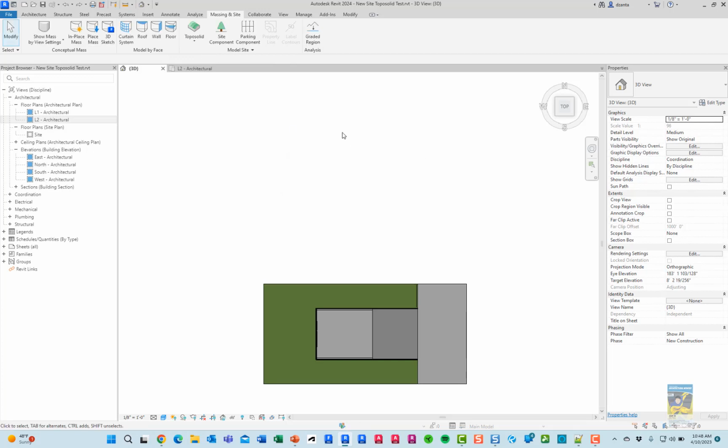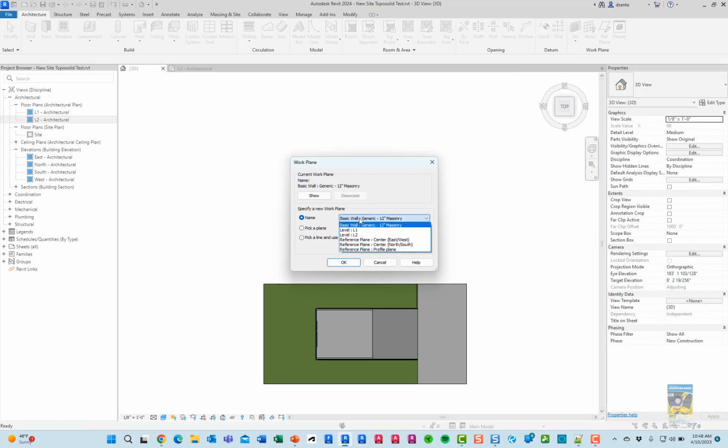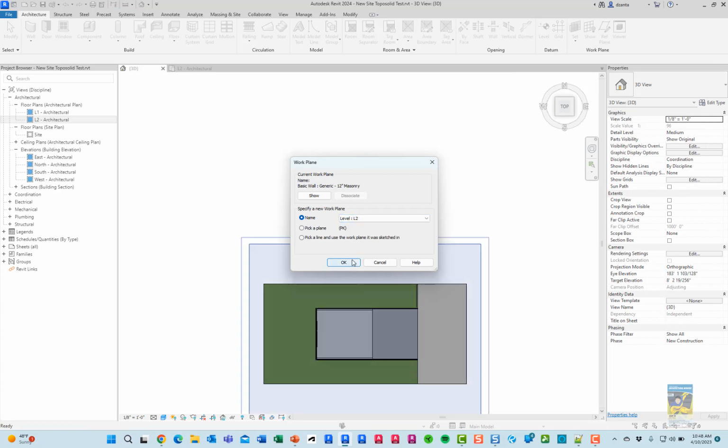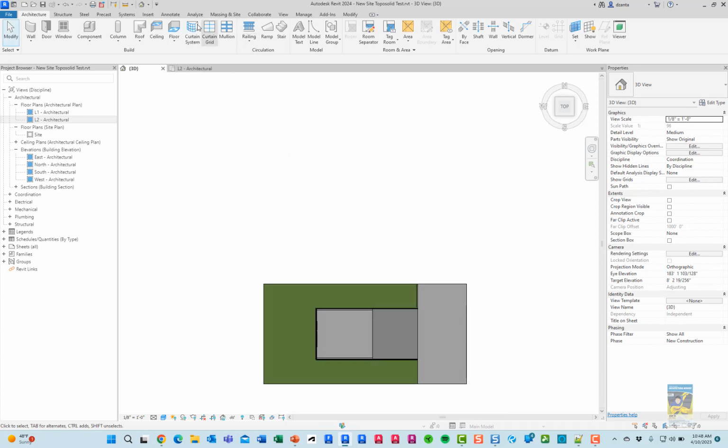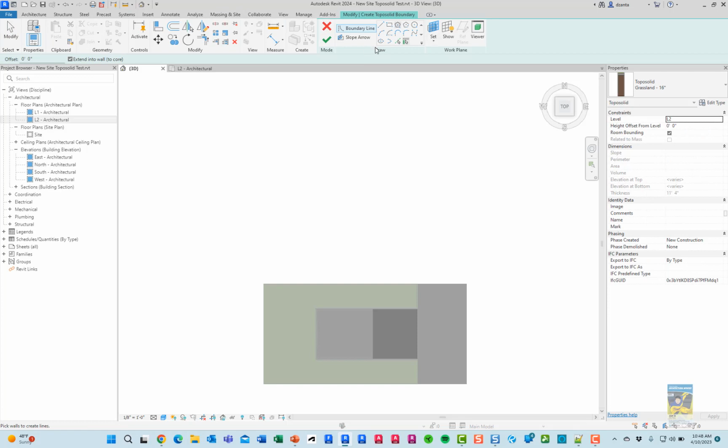The last time I worked on this, I was working on the wall. So let me set the work plane. Let's make it level 2 is fine. And now when we go to create from sketch Toposolid, again, you can have all your sketching tools. You can use pick wall, draw a line, any of these tools in here, and you can just draw your